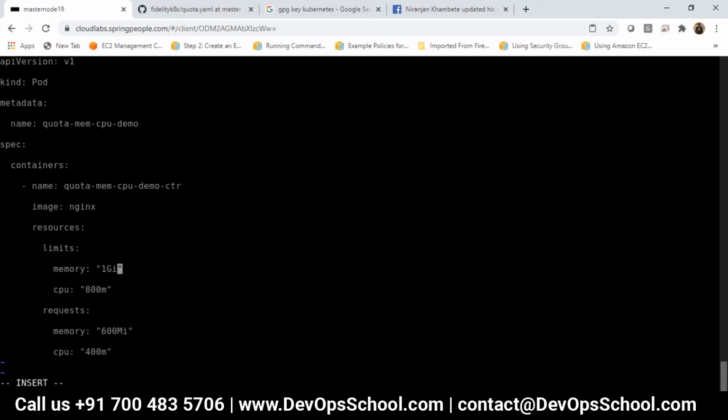For memory, I want 1 gigabyte. CPU 800 is okay.